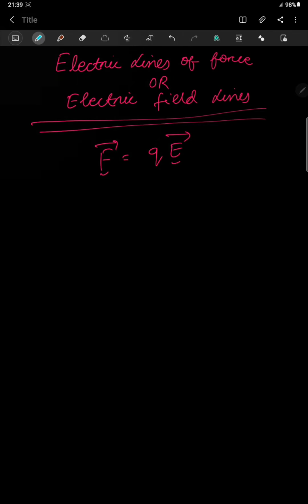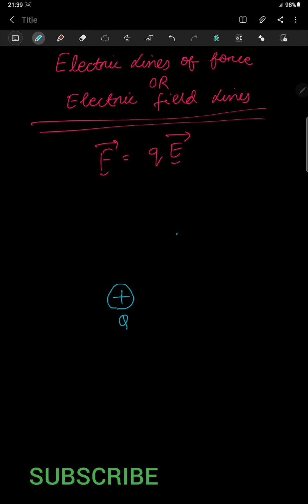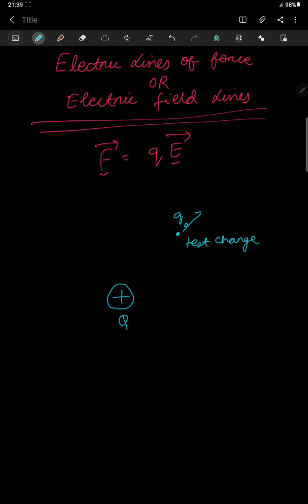So for that, what I do is, suppose I take a plus Q source charge, capital Q source charge. Now what will I do? I'll keep here, suppose I keep here a unit test charge. Okay, unit positive charge. I kept a test charge. Then what will be the motion of this test charge due to this source charge capital Q? It is quite obvious. It will move in this direction. It will go away from it.